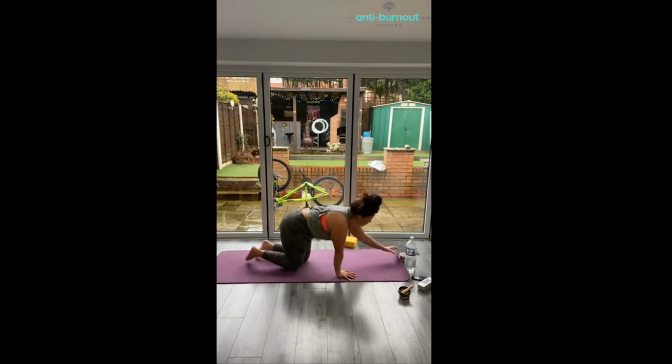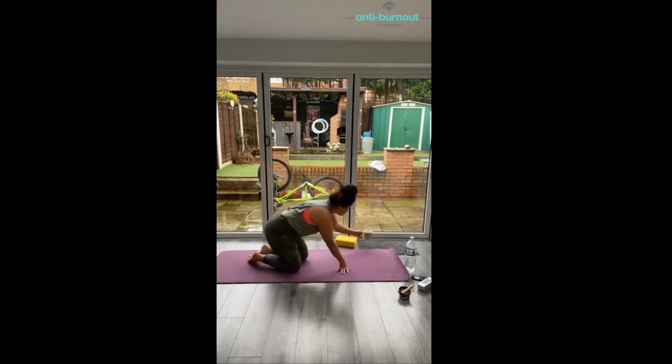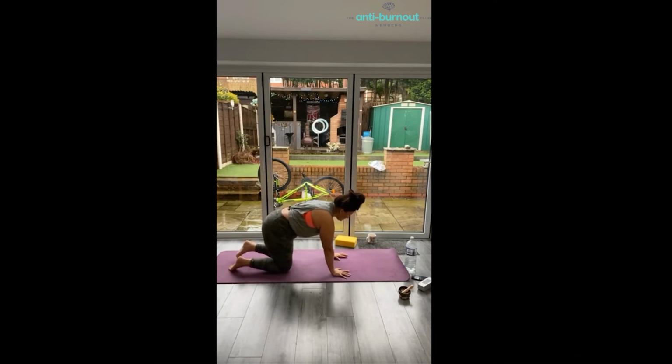So focusing on your breathing, exploring a bit more movement, just move side to side a little bit. And then when you're ready, start to peel yourself up, back to tabletop position, and then we're coming up to